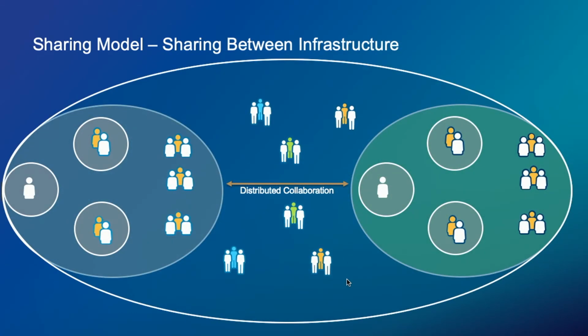So the next sharing step is sharing between infrastructure. We've got this newer concept of distributed collaboration, or connecting systems within systems. The ability with distributed collaboration is to take content from one system, being ArcGIS Online or ArcGIS Enterprise, and copy that content to another system. This can be really helpful for, let's say, app deployment. If you're developing an app on your enterprise and you want it to use the scalability of ArcGIS Online, you can manage your data in ArcGIS Enterprise while having that public version pushed on a regular basis to ArcGIS Online,